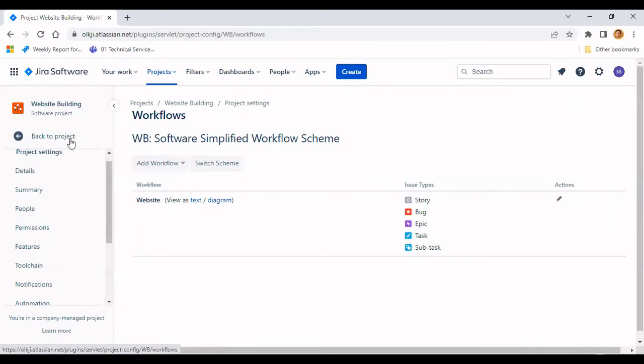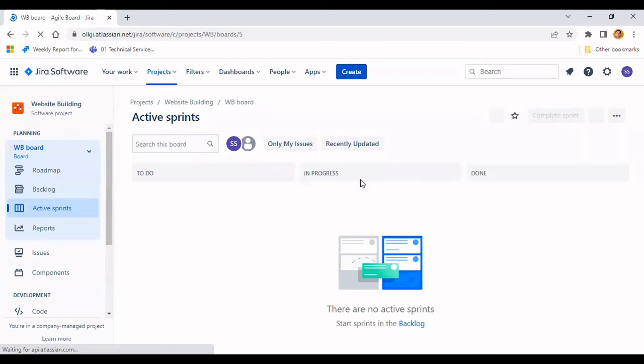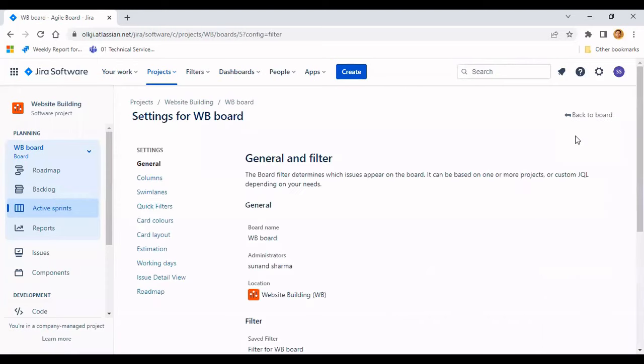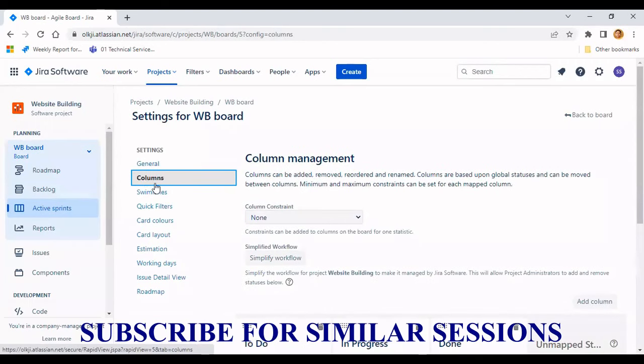Let's go back to the project. Over here, you can see those workflows are still not mapped with our columns. So we need to map those workflows with our columns. Click over here, board settings, then click on columns.